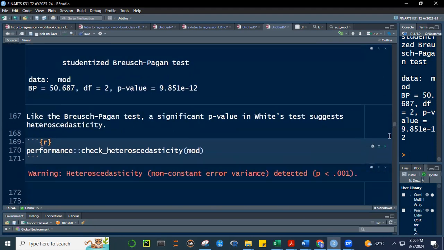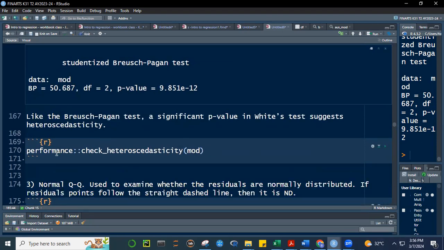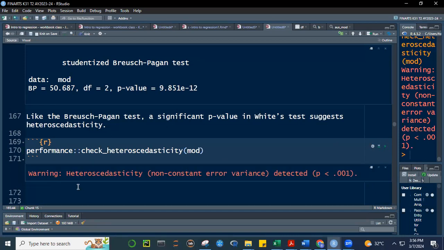All right, and then there's this other one, class. Okay, there's this other test, no? From the performance package, check heteroscedasticity mod. Okay, if we run that, it will tell us, warning, heteroscedasticity, non-constant error variance detected. P-value is less than 0.001. I guess this also uses Breusch-Pagan. Kasi output niya, hindi niya binibigay yung Breusch-Pagan statistic, binibigay lang niya yung inference. Okay, so ito yung test natin